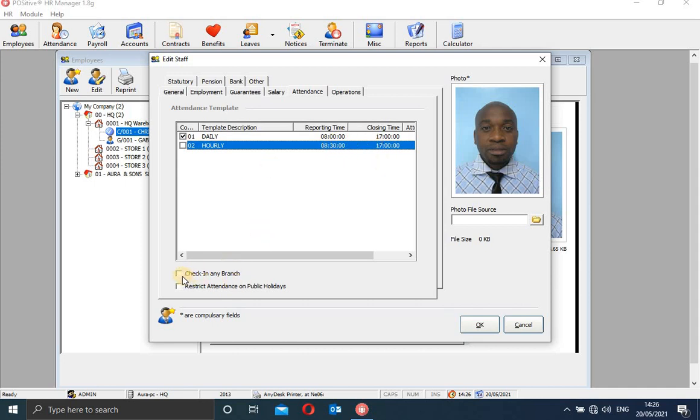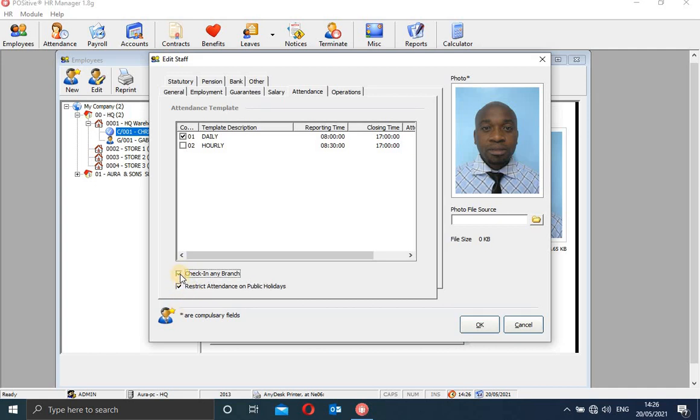So here you can indicate if the member can check in at any branch. Now check-in means that he can report in any branch in terms of biometrics. He can clock when he gets to any branch, or you can restrict the attendance, also for public holidays.